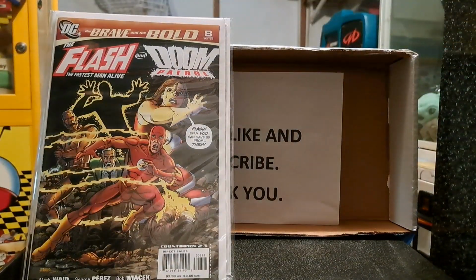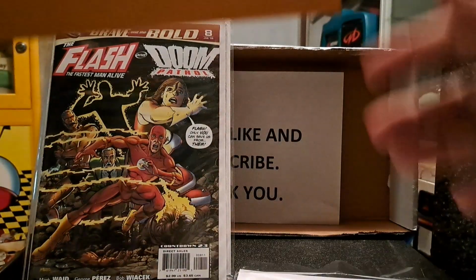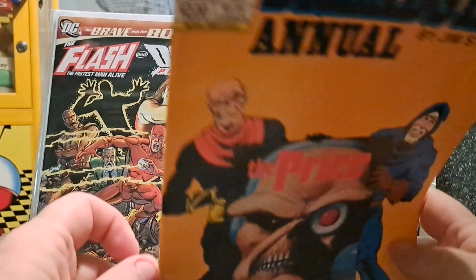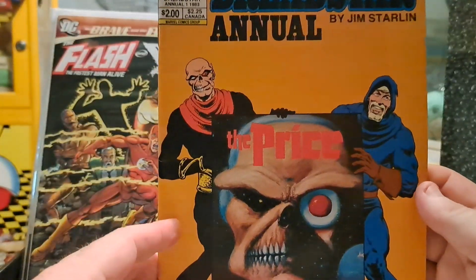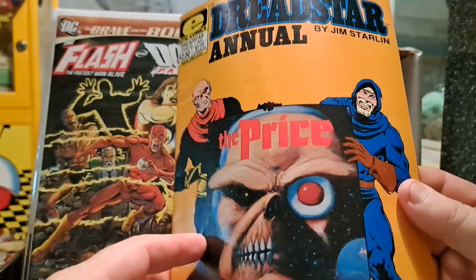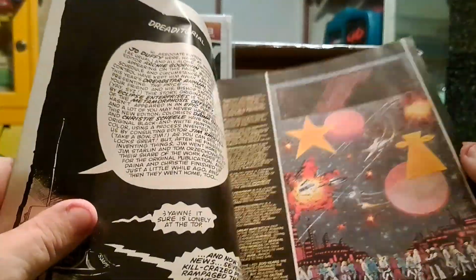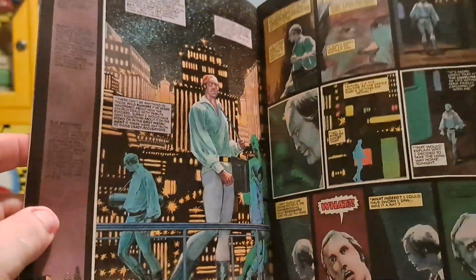I don't know much about the Dreadstar character. I know it's sci-fi. The back cover is here. This is the front. And I believe this has been published as a graphic novel also, maybe later or before this issue. I don't remember. But the artwork just blows me away. For a comic book from the 90s or 80s, whenever this was from,